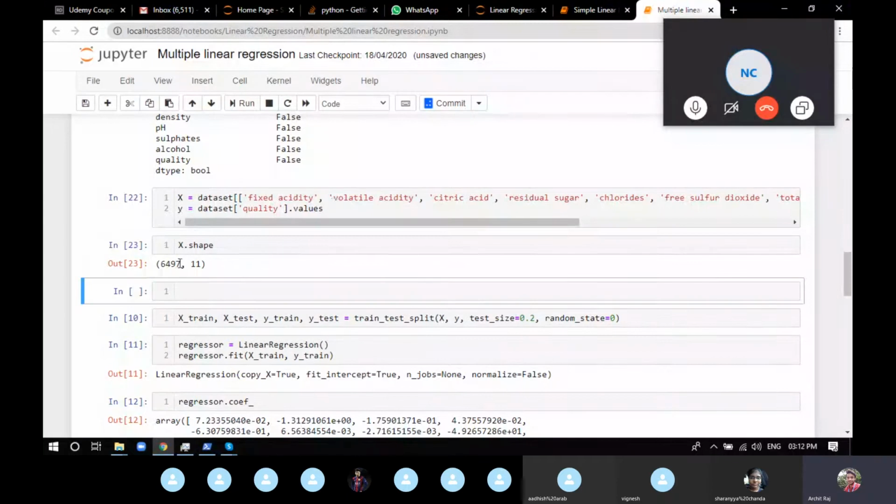Now you can see X shape is 64,097 rows, 11 columns. Y is 64,000 something.